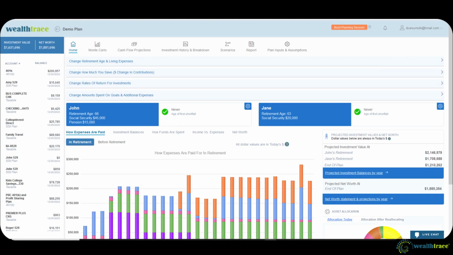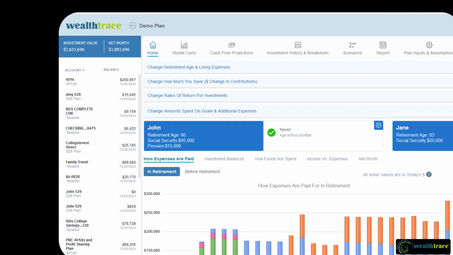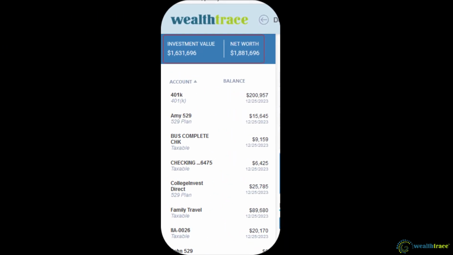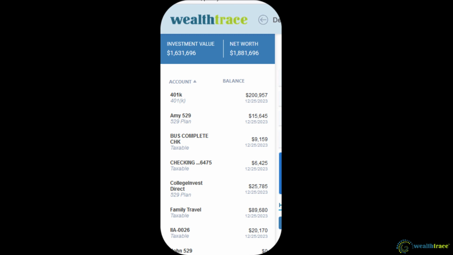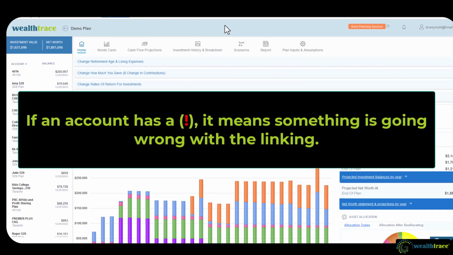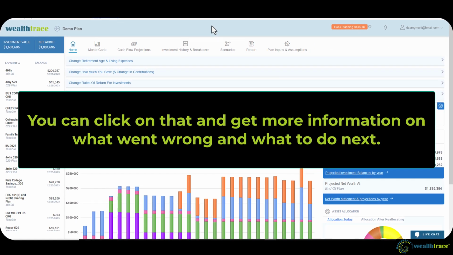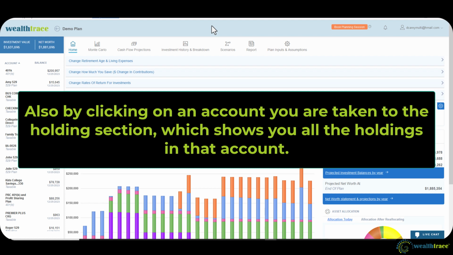On the left-hand side of this screen, we show all the investments you have either linked or entered manually. You can see the total investment value here and the total net worth. The dates under each account show if they were linked and the last time they refreshed. If an account has a red exclamation point, it means something has gone wrong with the linking. You can click on that and get more information on what went wrong and what to do next. Also, by clicking on an account, you are taken to the holdings section, which shows you all the holdings in